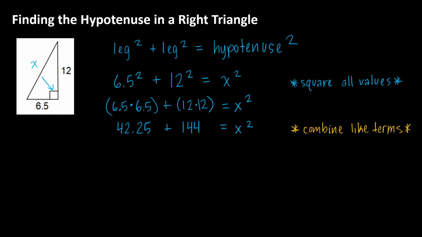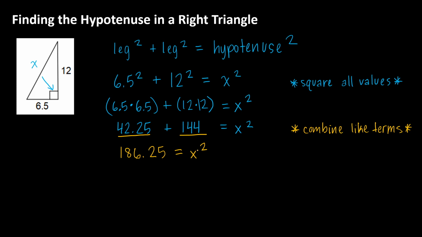And when I say combine like terms, I mean we are adding 42.25 and 144 together. So that would get you 182.25. I apologize, 186.25. So 186.25 equals x squared. From here, it may have been a while since you've practiced with this, but to solve